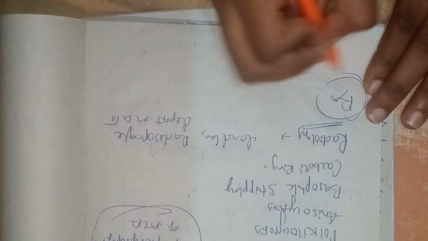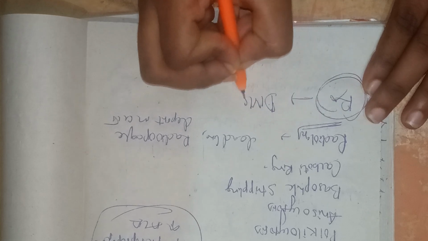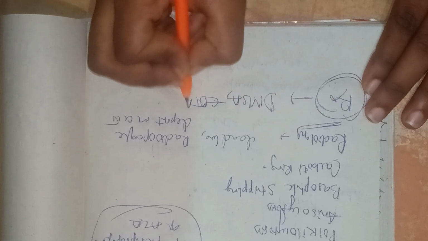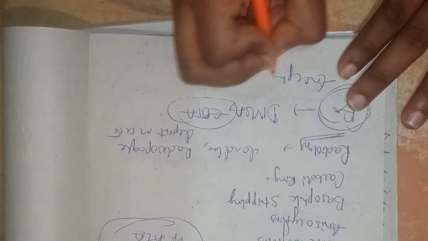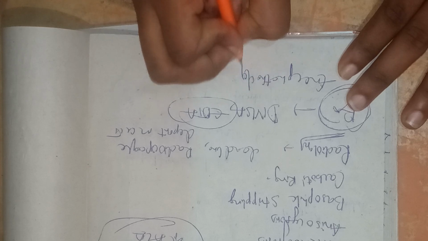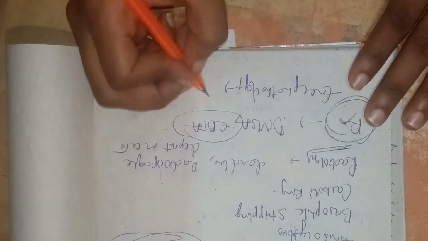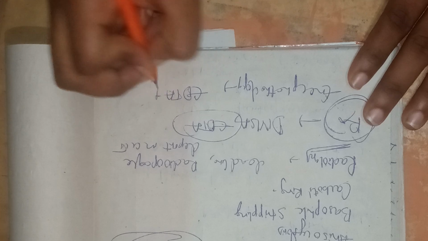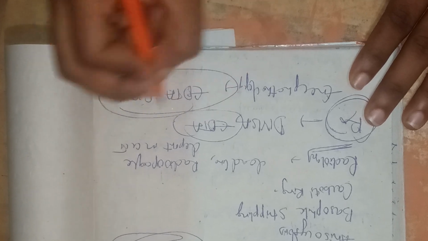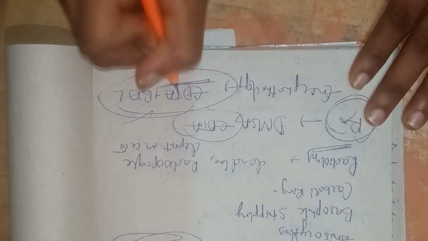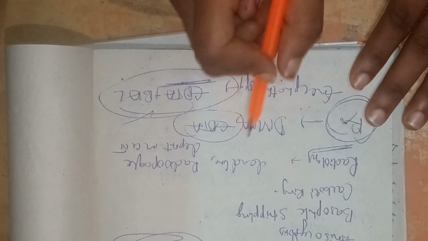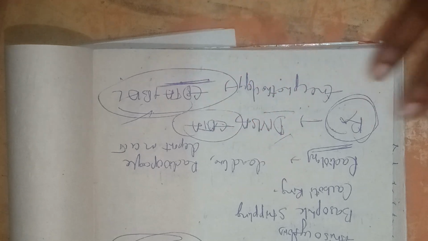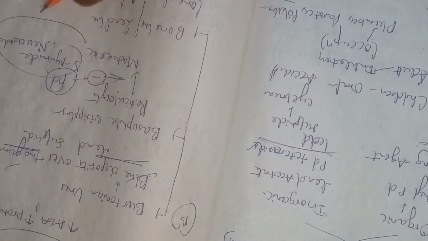Now lastly, treatment. Treatment means DMSA. Here EDTA is used. EDTA, DMSA. I discussed previously the encephalopathy symptom, the clinical feature of this lead poisoning. In encephalopathy, we can use EDTA plus BAL. EDTA, BAL is used in lead encephalopathy, but normally EDTA or DMSA is used in lead poisoning. So this is lead poisoning.